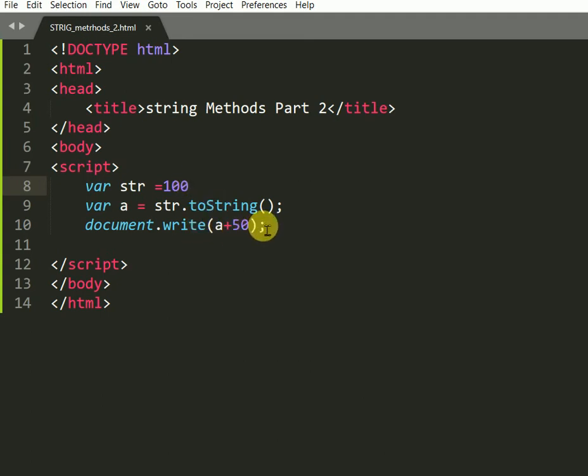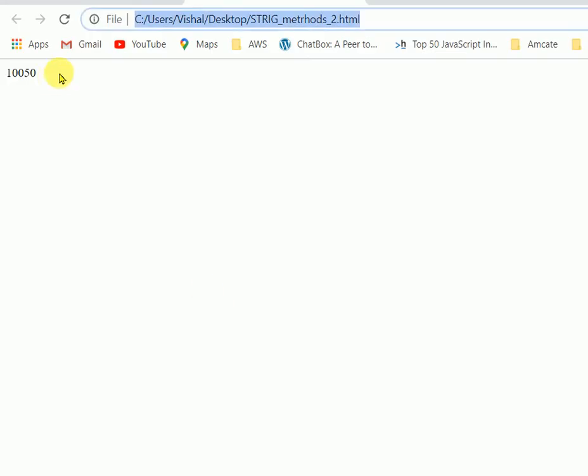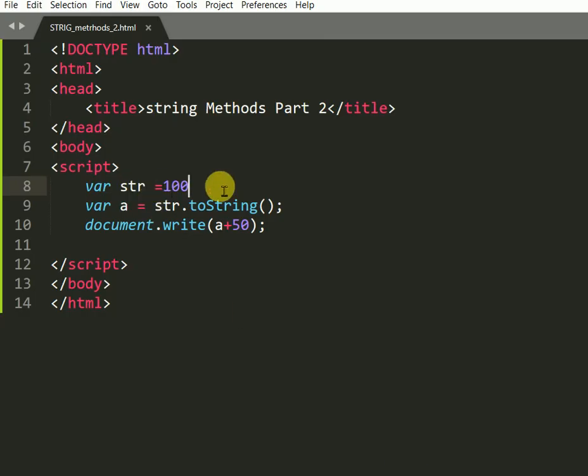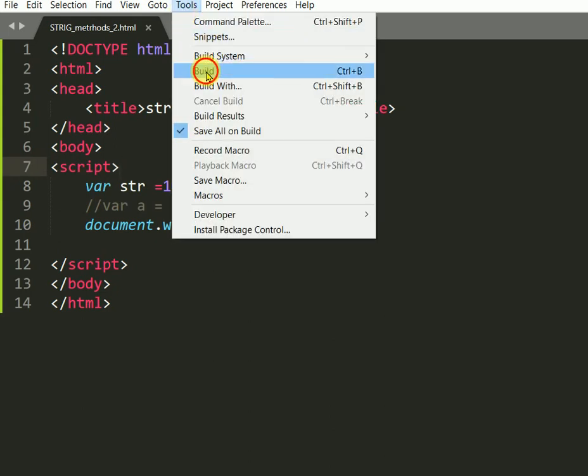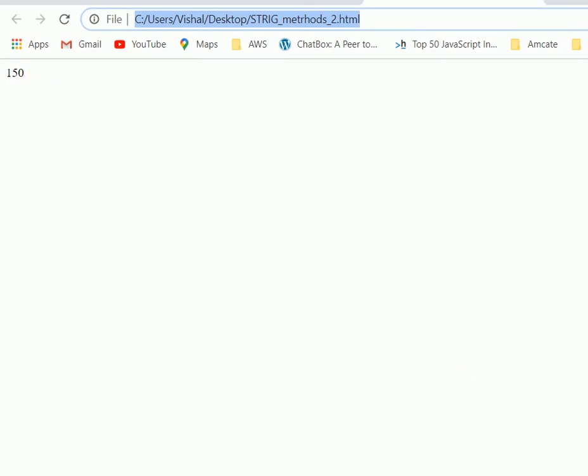If 100 is a number, it will show 150. Here we got 150. But if 100 is converted into a string, like here I am writing str, then 100 is a string and it will show the output 10050 rather than a number sum. So you got 150.